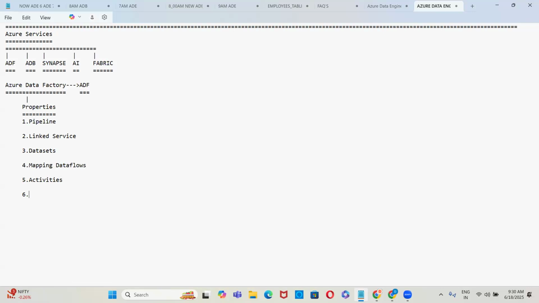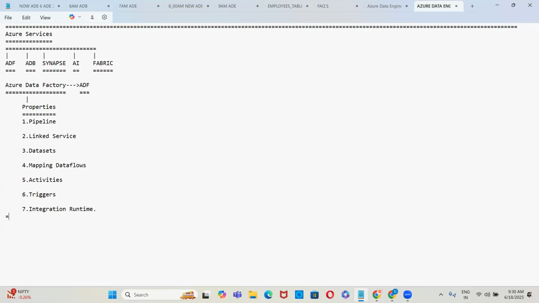And then the next one, triggers. And the seventh property is Integration runtime.